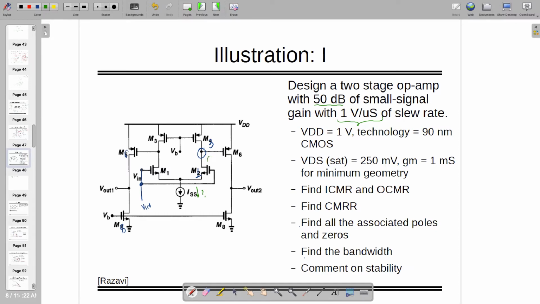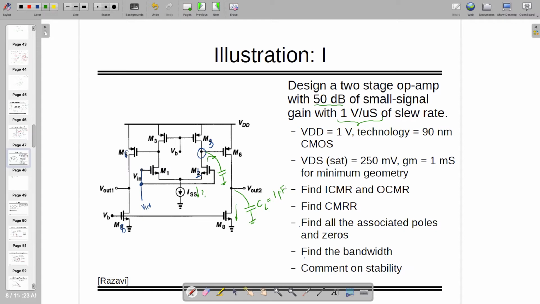For that we need to know what is the capacitor here at the output. So that capacitor is the gate capacitance of this transistor. Similarly, the current flowing through this one depends on the load capacitor, which I can take as 1 picofarad,